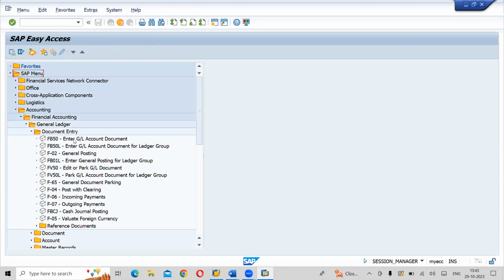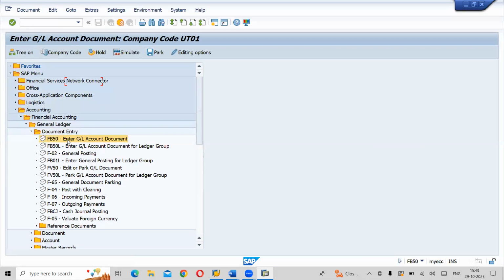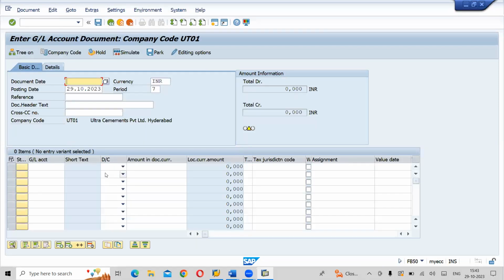You can see here like this. Here I have given a command, right? So I have entered into FB50. So here how I came: SAP menu, correct? After that I came into accounting, financial accounting, general ledger, document entry, and FB50. So the same screen it will display.